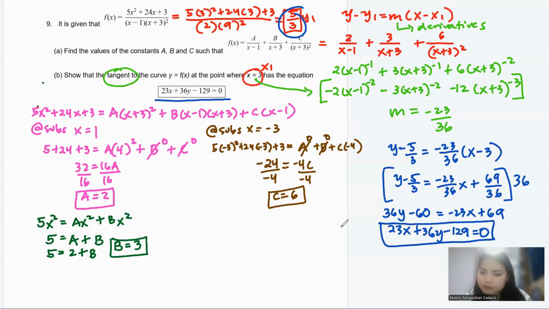And please make sure to do this tomorrow na. I know it's a little bit long and a little bit hard and challenging, but you can do it, do your best. Or if it's really too much for you, at least do the letter A, like getting the partial fractions, because I believe that most of you can get the partial fractions already.